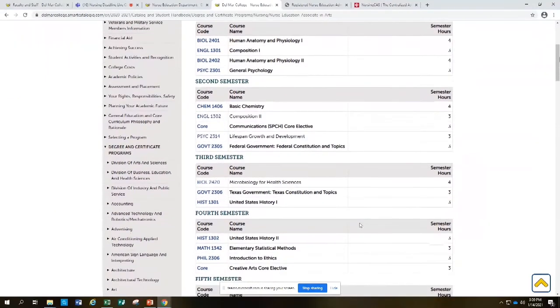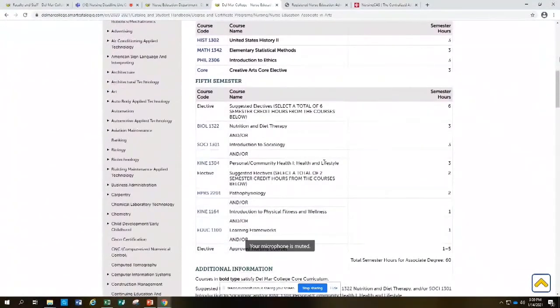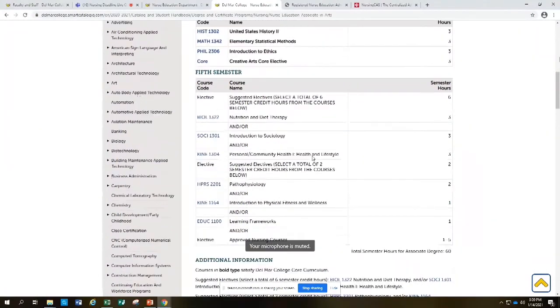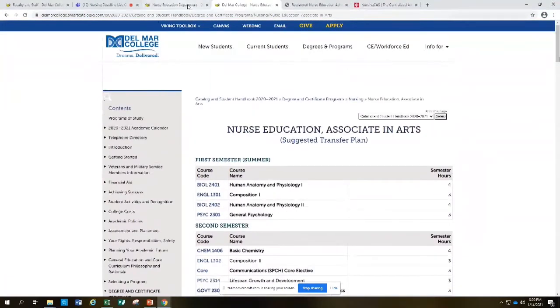Don't let that confuse you. Just reach out to me and I can clear that up for you if you're confused on what catalog year you're on. The differences are really going to be down here in the bottom area of suggested electives. Okay, so going back